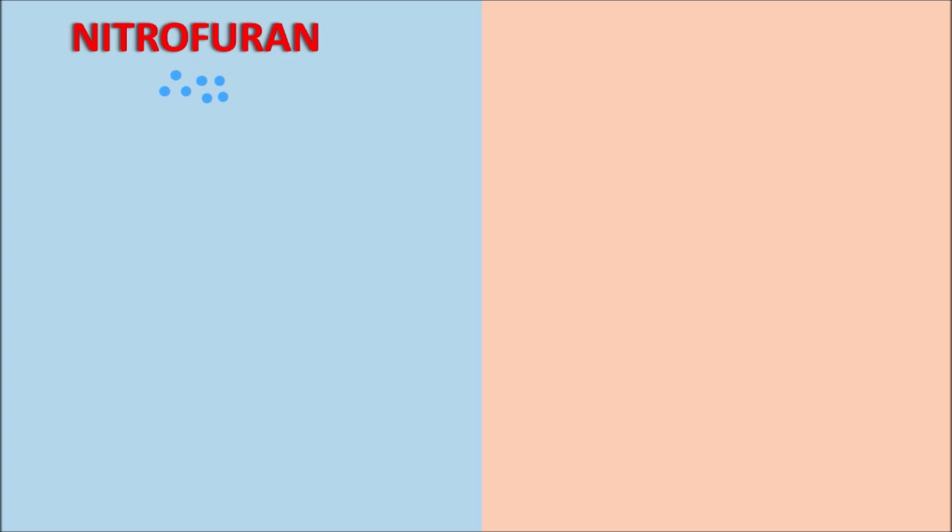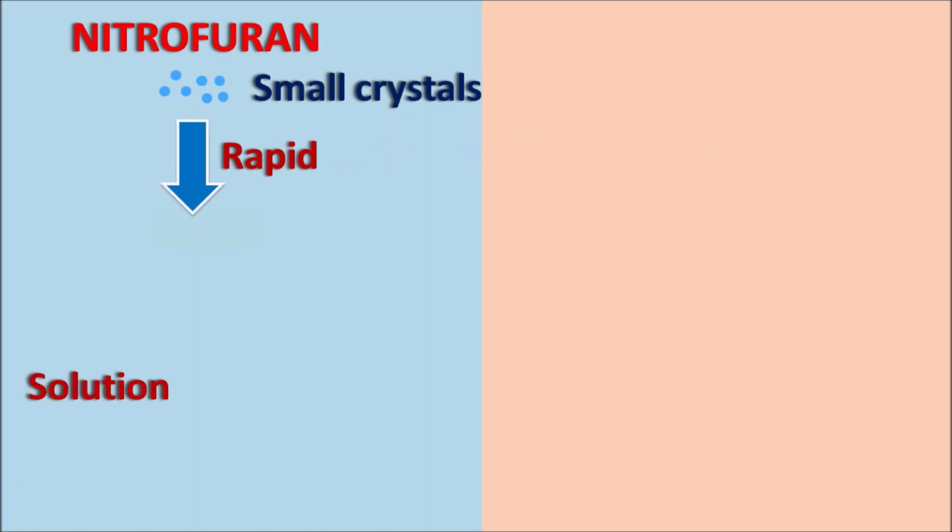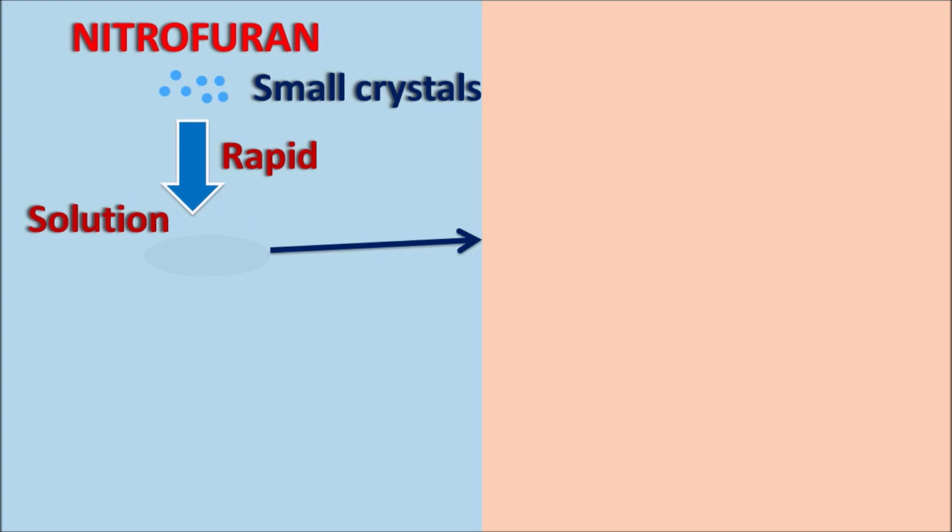So how is it going to be administered? Nitrofurantoin is given as a capsule, and if we fill the capsule with small crystals of nitrofurantoin, then what happens? As the particle size is reduced, the dissolution rate is increased. In this way, the small crystals are rapidly dissolved and converted into solution. Now, when nitrofurantoin is suddenly released into the gut wall, it can be absorbed through the GI tract, where it can produce gastrointestinal side effects like nausea, vomiting, and loss of appetite. All these can be observed because of the rapid release of nitrofurantoin.